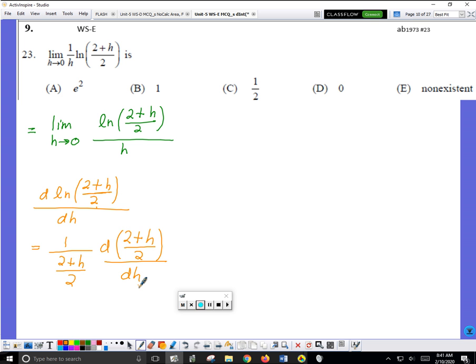Okay, all eyes here. I want to make sure you're looking. So the temptation here is to use the quotient rule, which is kind of long. Don't use the quotient rule. Use a shortcut. Dividing by 2 is the same as multiplying by a half. So I've got to take care of this 1 over. Dividing by a fraction is the same as multiplying by the reciprocal. So this whole thing's going to become the reciprocal of this